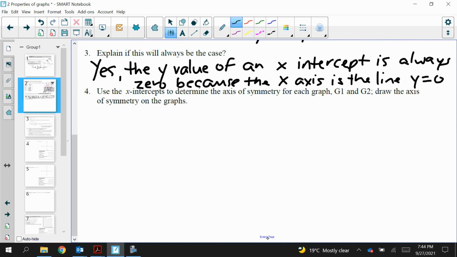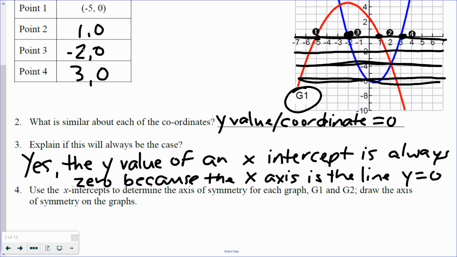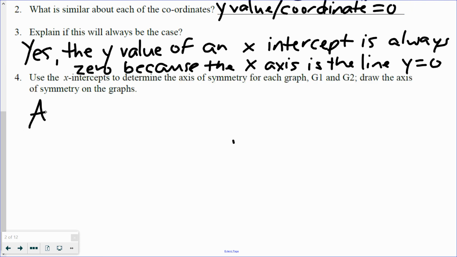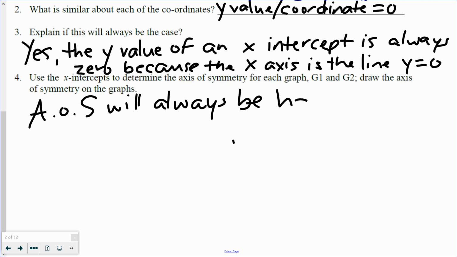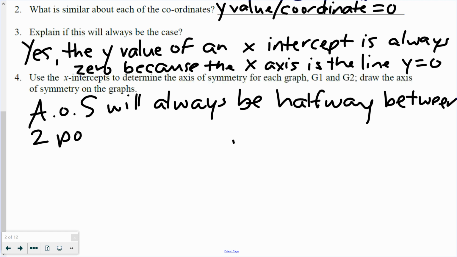So the axis of symmetry, I'm going to just shorthand because the less writing I do, the better. The axis of symmetry will always be halfway between 2 points that have the same